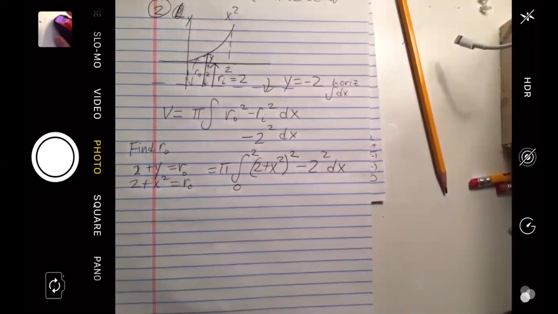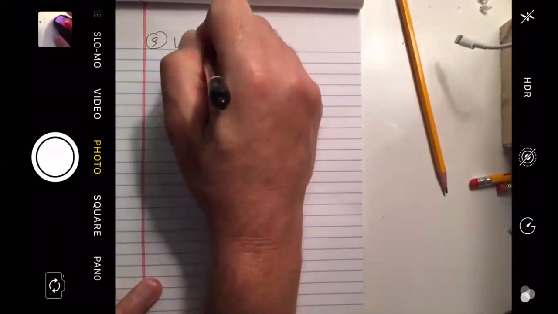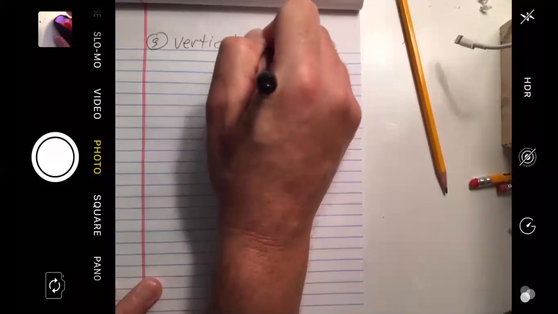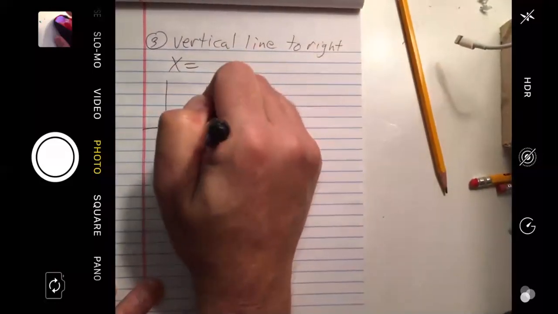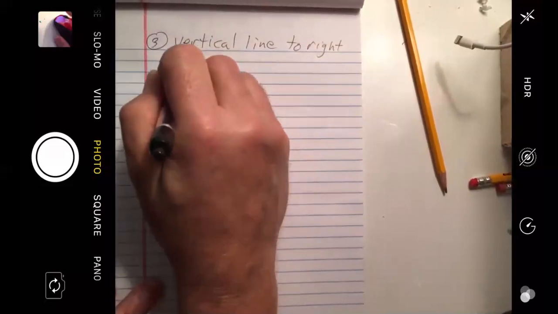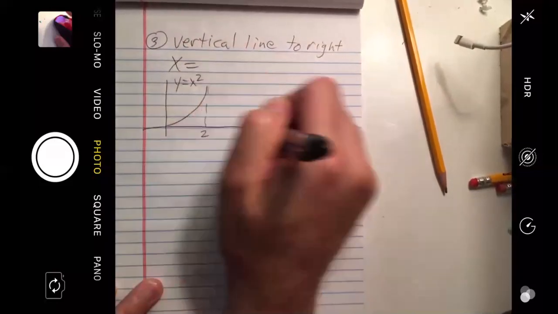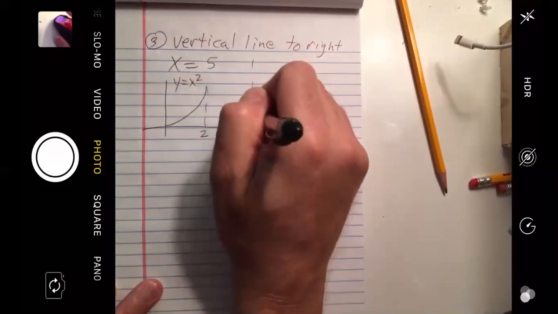Can I go on to these other 2 cases? Okay. Case 3, vertical line to the right. Vertical lines are x equals. Give me a number. There's nothing up my sleeves. 1 to 2, it's x squared. 5. Okay, so we're going to go around